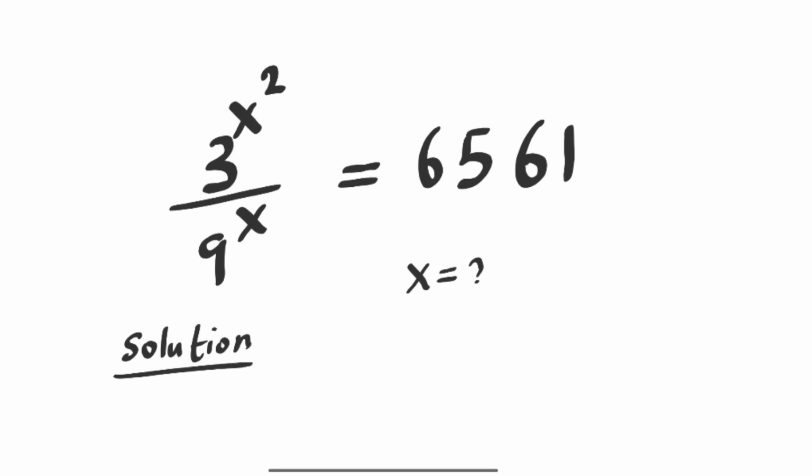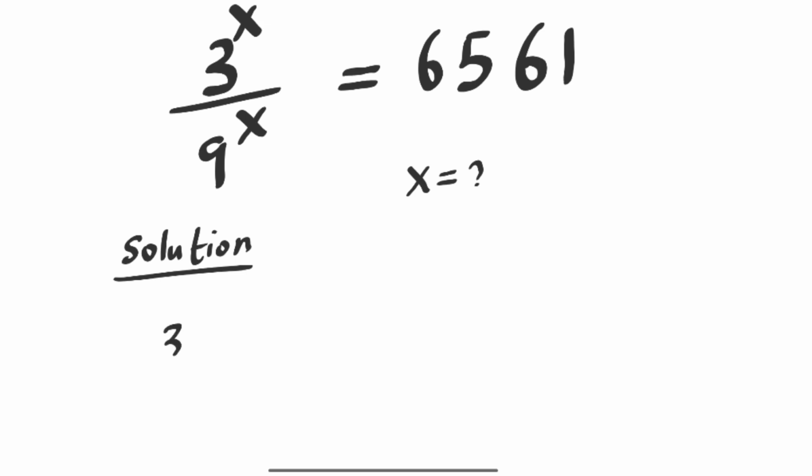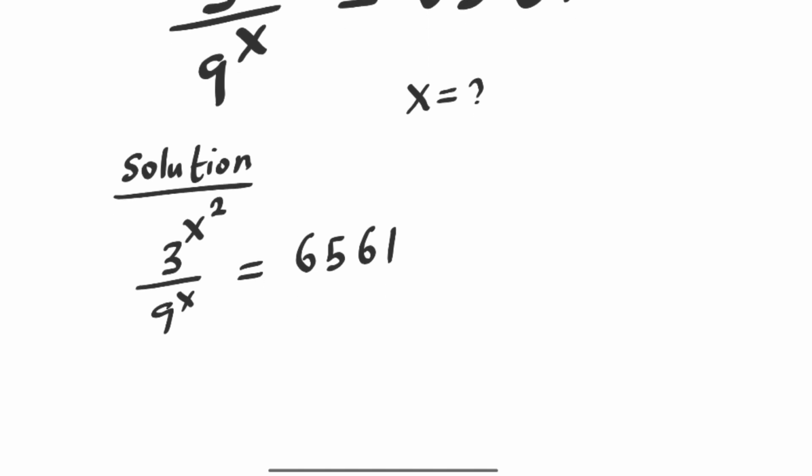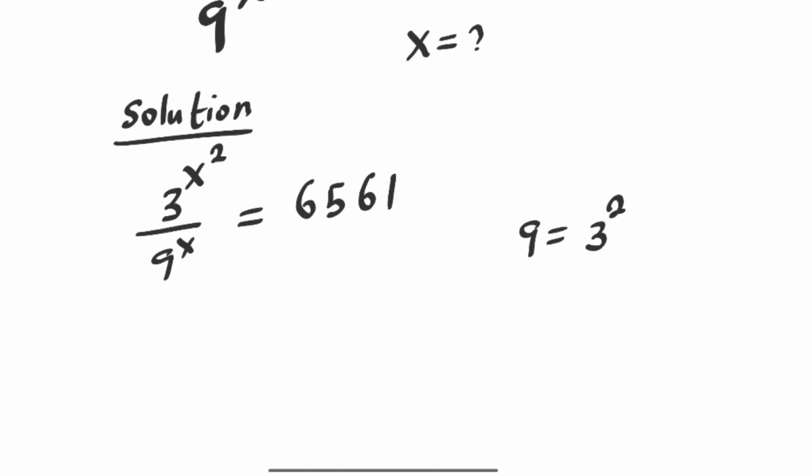Then here, the given equation is 3 raised to power x square divided by 9 raised to power x is equal to 6561. 9 is equal to 3 square. This can be written as 3 raised to power x square divided by 3 square raised to power x is equal to